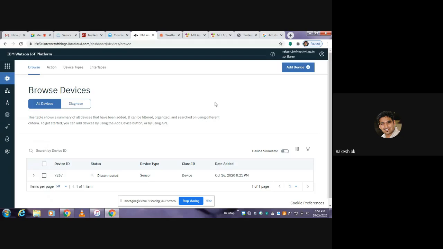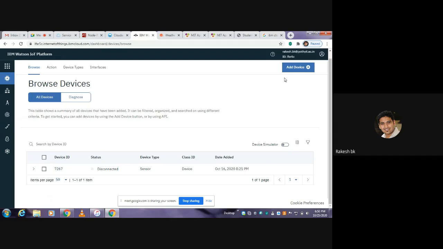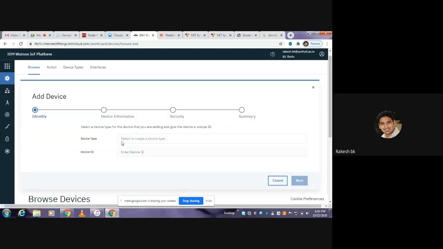To do that, I actually don't have hardware components of sensors to deploy in real time on the field, but we do have a few services that are inbuilt into the IBM Watson IoT platform. We can create devices which actually work similar to those in real time, that is on a simulator basis. So I'll straight away go to add device. I can add what type of device I require, which works similar to a real-time device. It will redirect to the page, which is taking time. Yeah, identify.